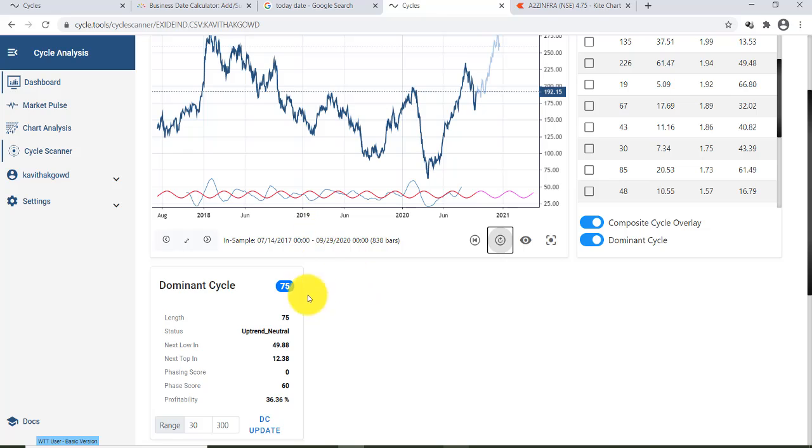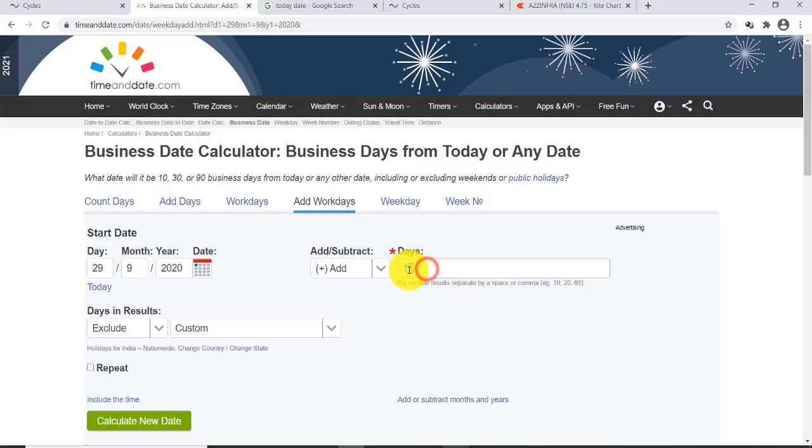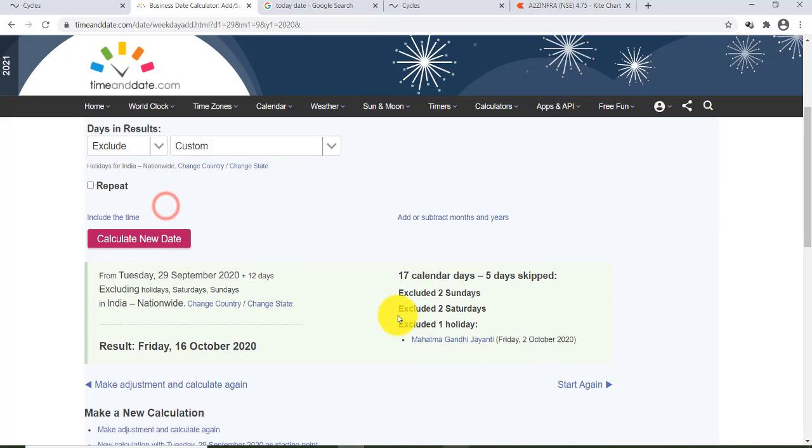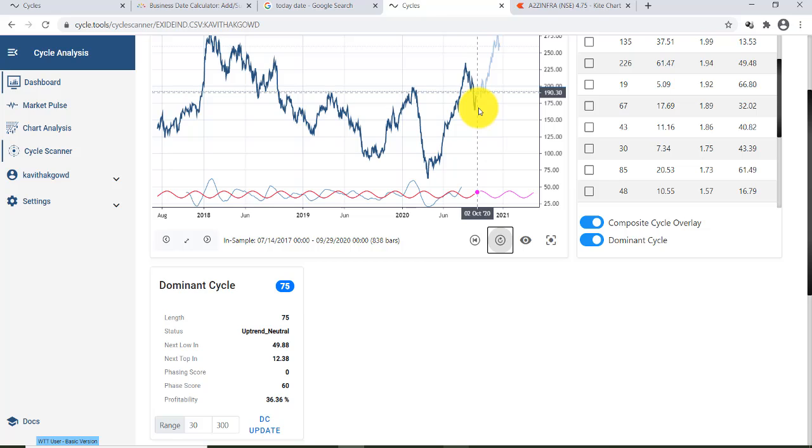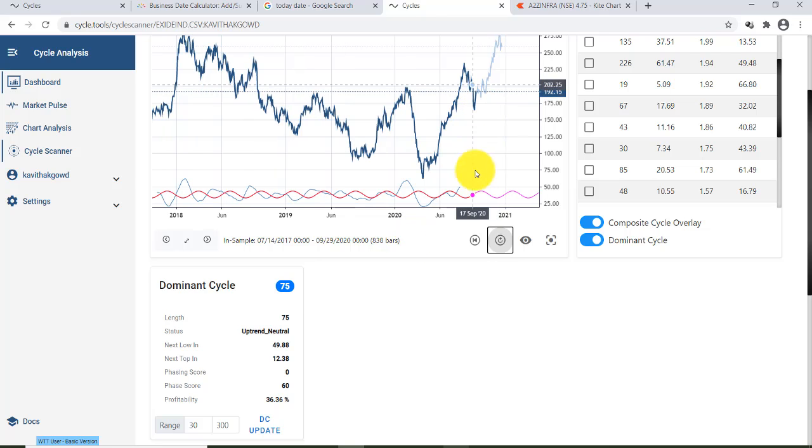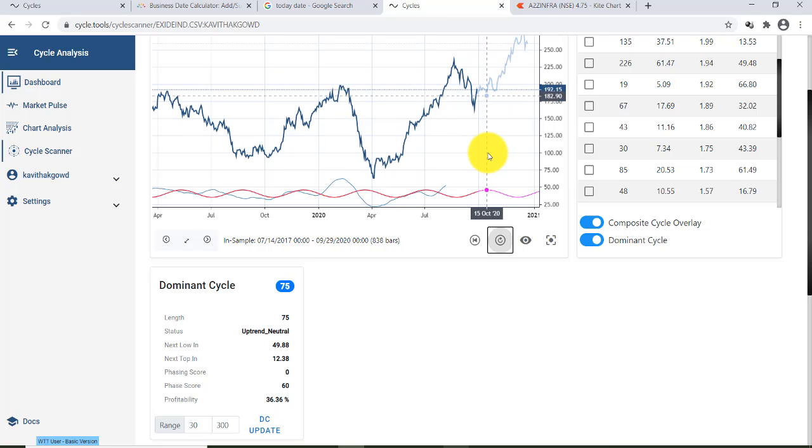So currently running cycle, currently means on the date September 29th, a 75 day cycle is running. So here it is showing the next top will happen in 12 days. So let's check it, 29th October, and add 12 days to it. So the price is 190 on 16th October. On 16th October, the price is 190,